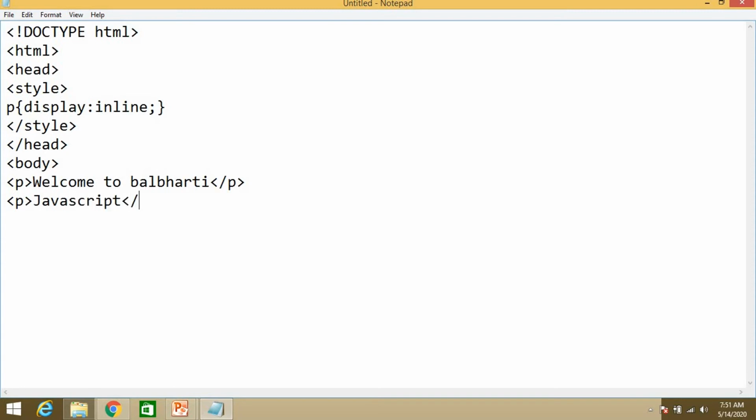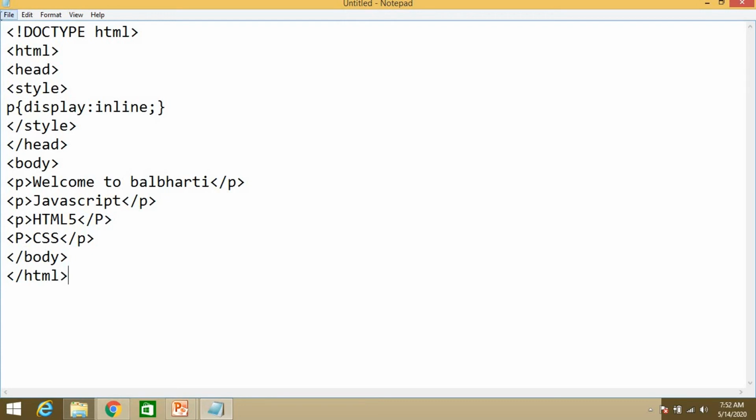Close the paragraph tag, and one more paragraph, HTML5. Close it, and then one more, CSS. Close this paragraph tag, close the body tag, close the HTML tag.